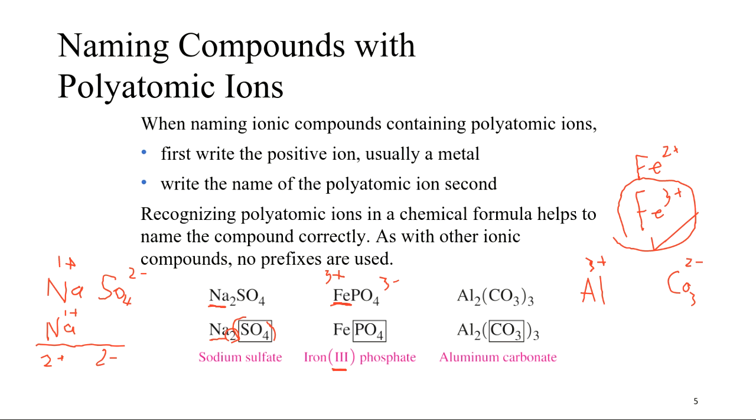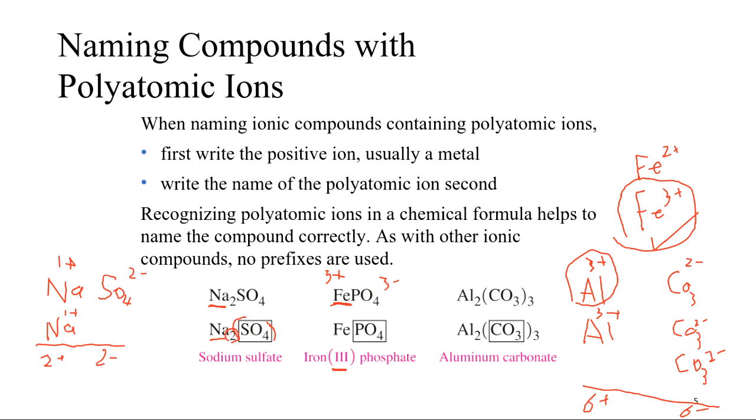In this case, I will need 3 carbonate and 2 aluminum. Let's check the charges. In this case, I will have 6 positive charges and 6 negative charges. So I will take 2 aluminum